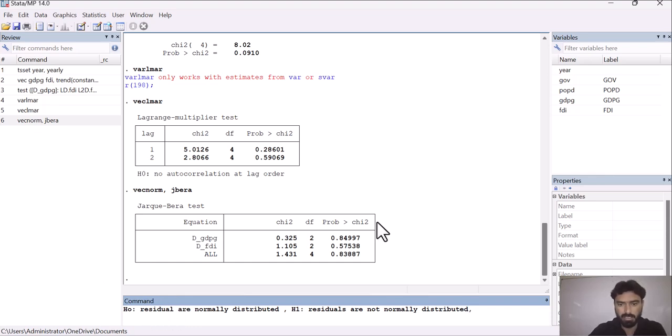The guideline is that if the probability value is greater than 0.05, we have to accept the null hypothesis. As in our case, all of the probability values for GDP, DFDI and for all are greater than 0.05, which means that we have to accept the null hypothesis, and we conclude that our residuals are normally distributed. So this is how you can run the VECM model, and this is how you interpret all of these results.